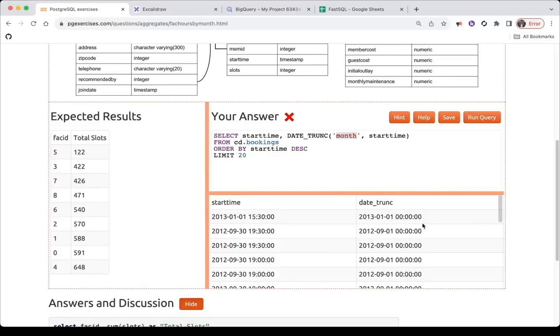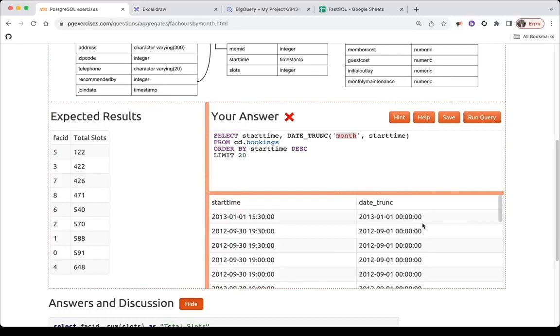Work out the start times of bookings for tennis courts. So we need to get the facilities that are actually tennis courts, and then for each facility we'll have several bookings, and we need to get the start time for those bookings, and it will be on a specific date. So we know that we need the data from these two tables because the name of the facility is here, but the data about the bookings is here. So I will go from CD facilities